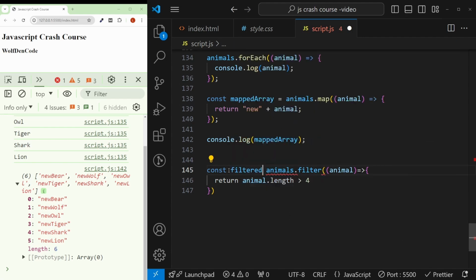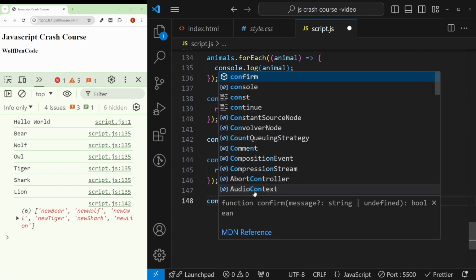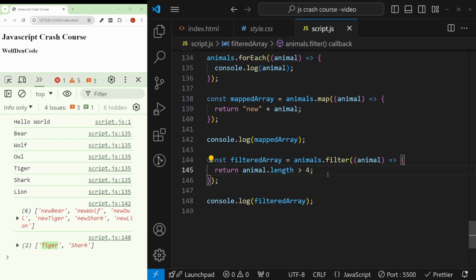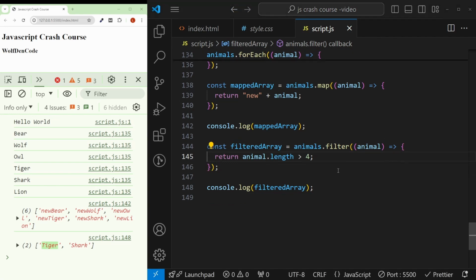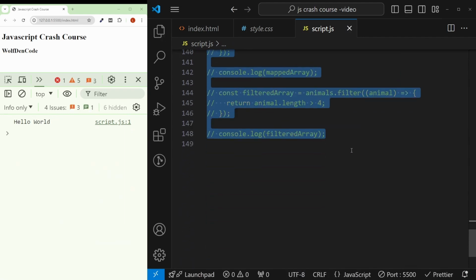So const filteredArray will be equal to animals.filter. And then I simply console log this out, and you can see the length of those is greater than 4 because they are 5, the tiger and the shark. So it took all the other ones and just simply ignored them. They didn't get into the array, but those that met the condition did. You could also say, for example, includes O, and then it will have an O in its name. So all those things you can put in conditions there, and if something meets the condition, it will get into the array. And now I will comment this out yet again, because we are moving on to conditionals,